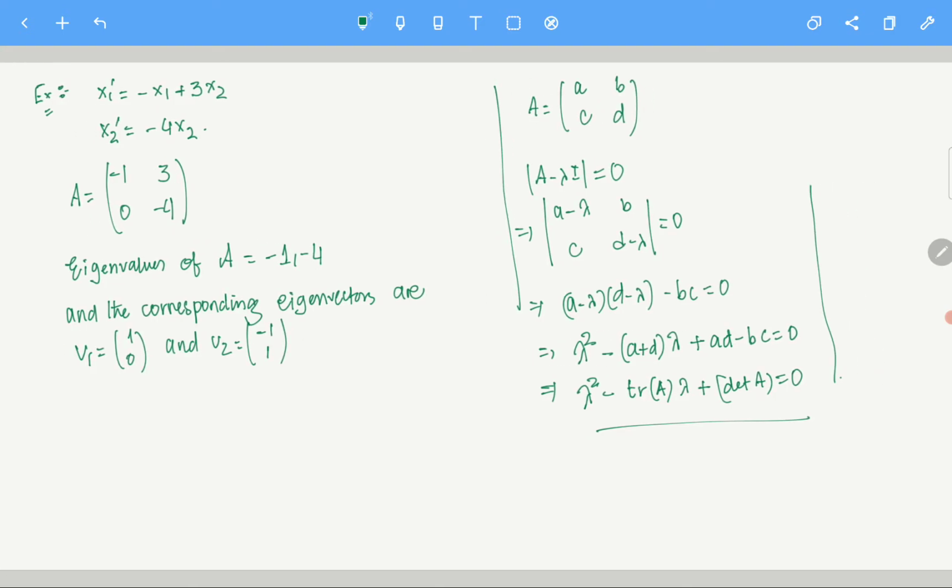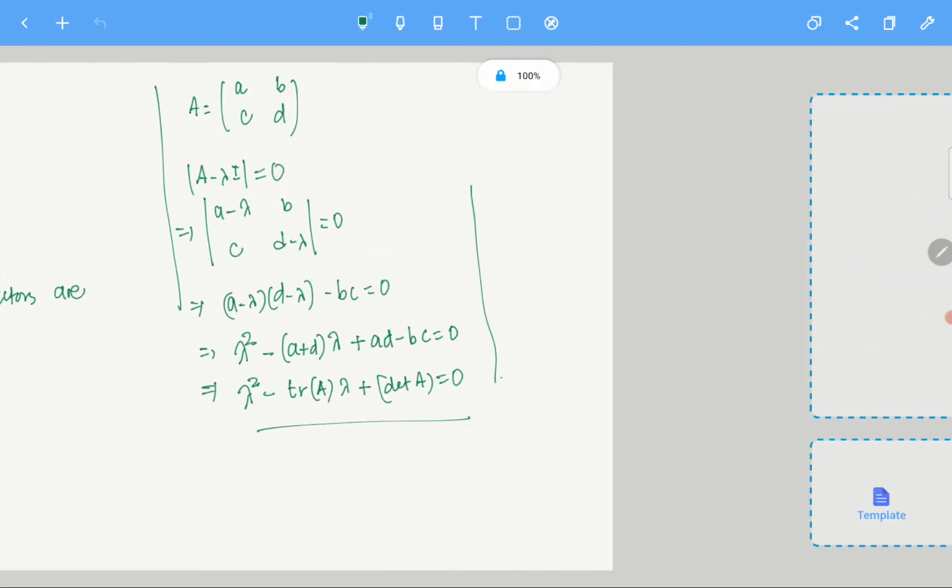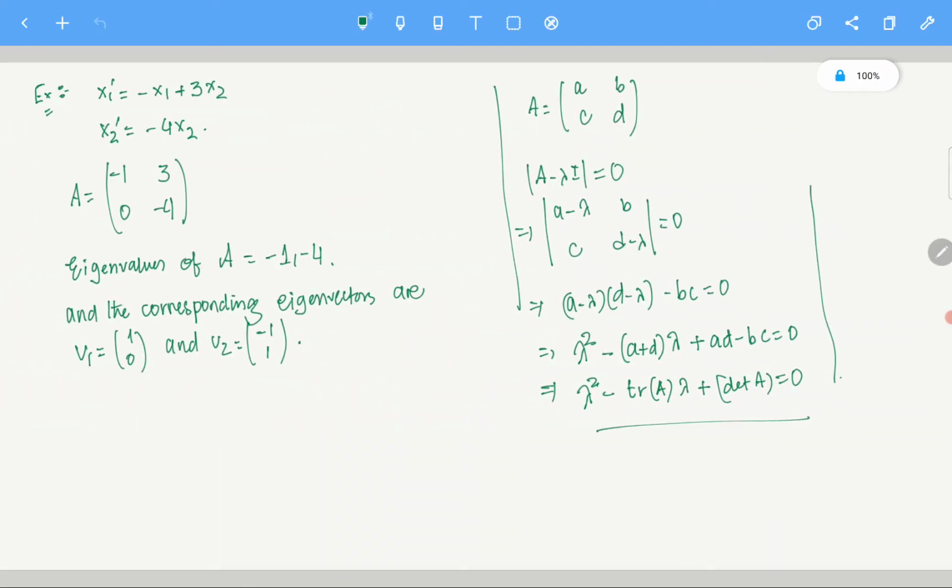So essentially I hope all of you can calculate this. What I can suggest is, please don't take it for granted. Calculate the whole thing and see if you can. Of course you can find different eigenvectors, that's not a problem, but these are the most simple ones, so I'm just writing it down. Now, what is the general solution for this?